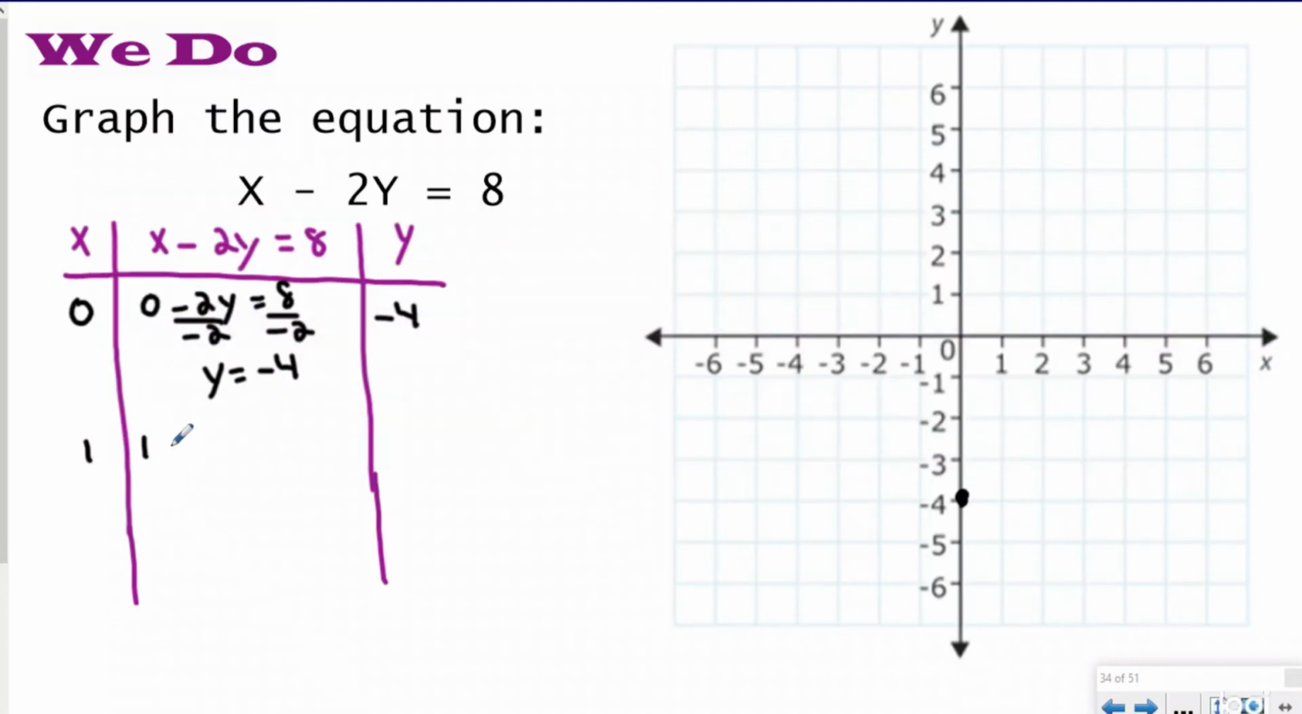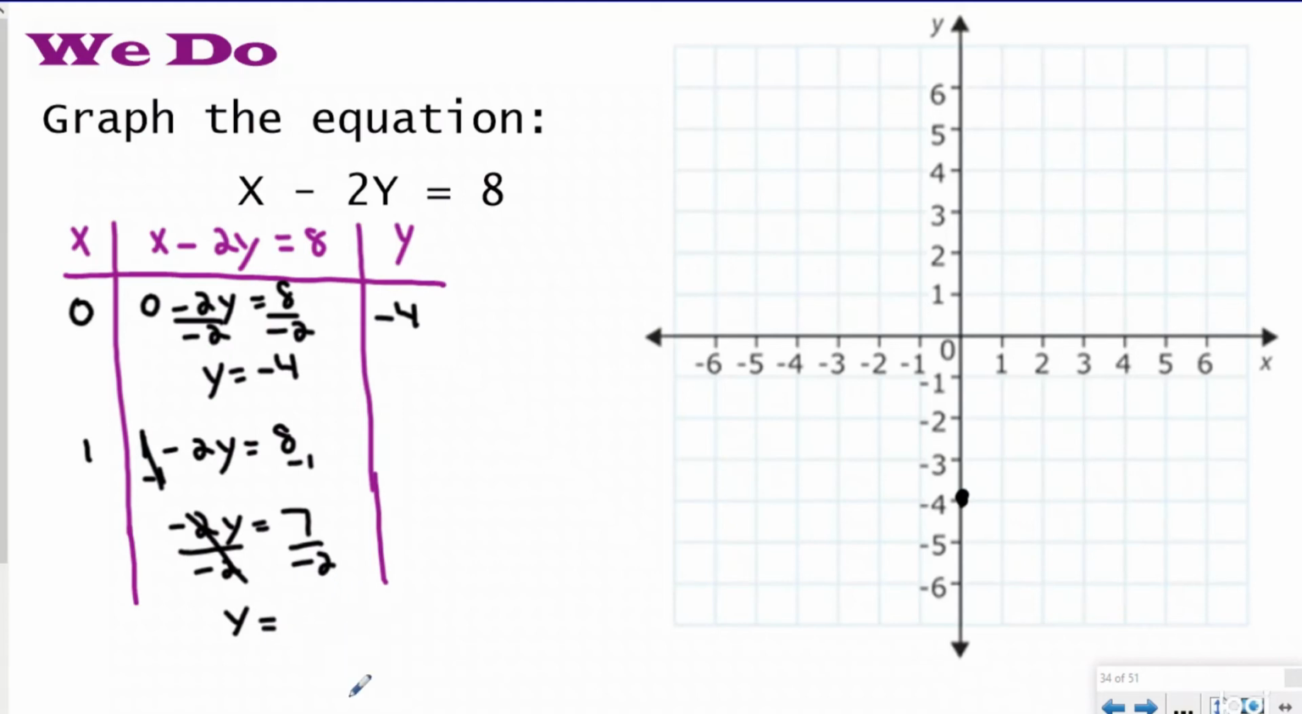And so now I'm going to do another one. So when x is 1, what is y? First of all, I need to get all my variables on one side and my constants on one side, right? So I want to separate those. I'm going to subtract 1 from this side, subtract 1 from this side. So I have -2y equals 7, right? And now I need to do the inverse operation of my multiplication, which is dividing by -2, dividing by -2, and I'm going to get y equals